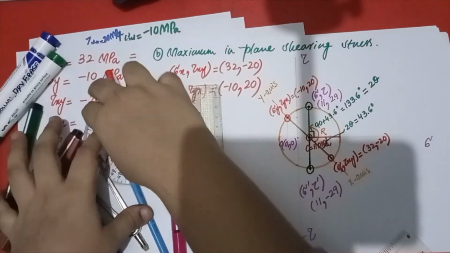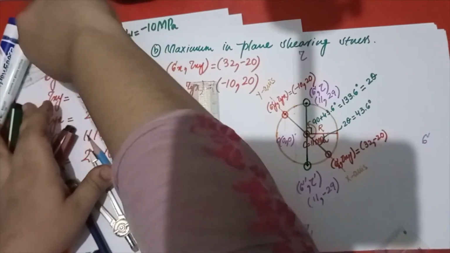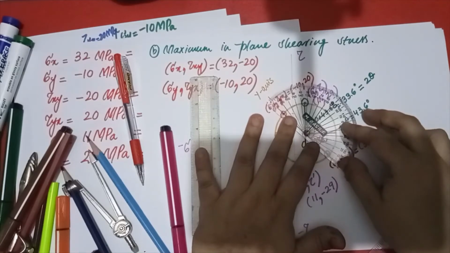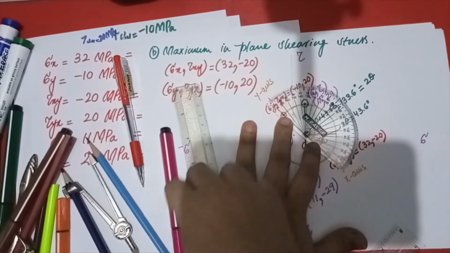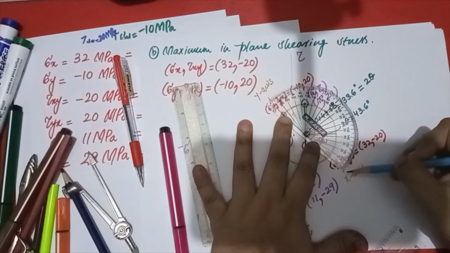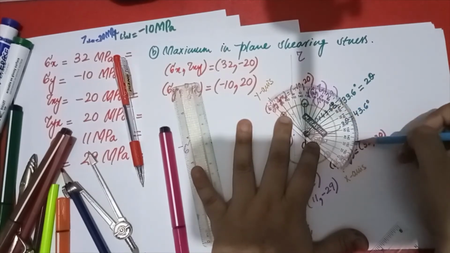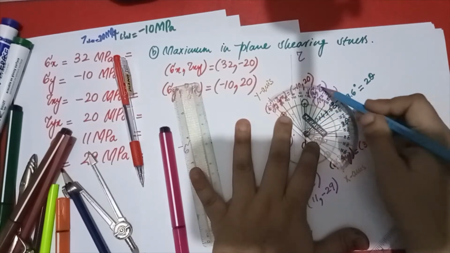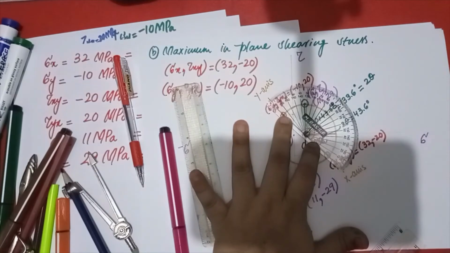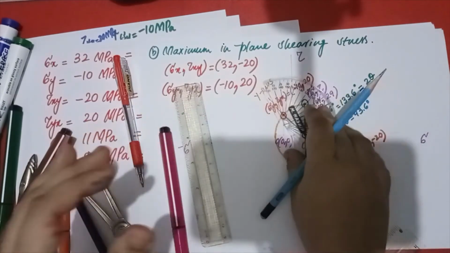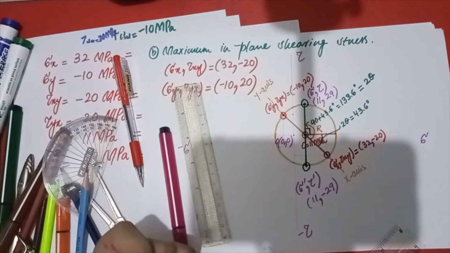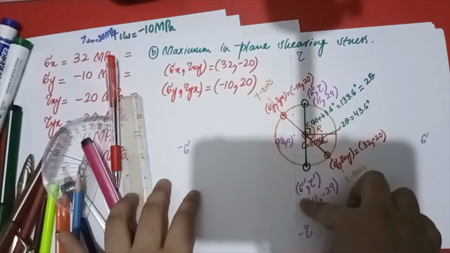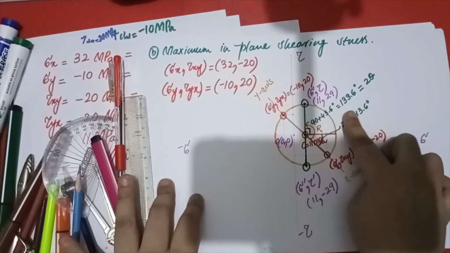So what does that mean? If I read this line's angle, I put my D from here on this, and then read the angle up to here, and you can see it is more than 130 from 0 till this. So it is coming out to be 133.6 degrees. So it is proved that I have calculated the right angle. So now there is no need to add or subtract over here. You will get your sigma, tau, sigma dash, tau dash, and you got the angle as well.